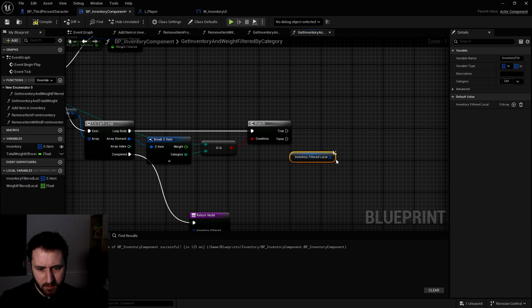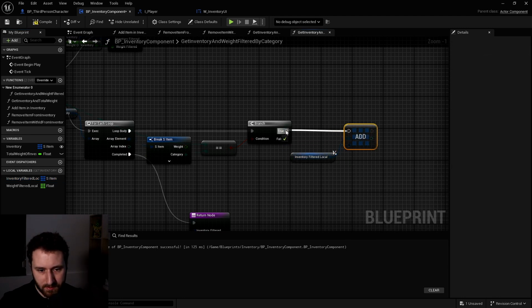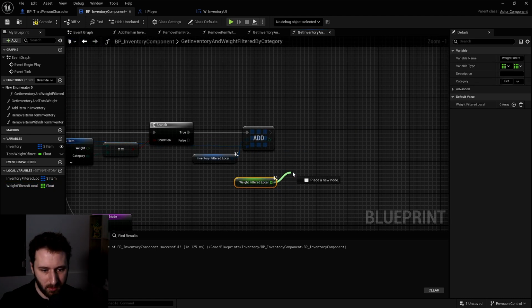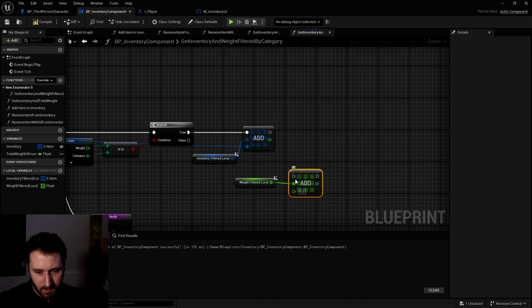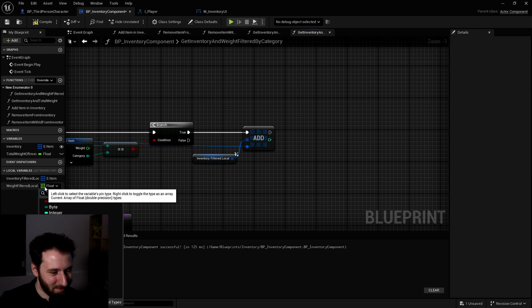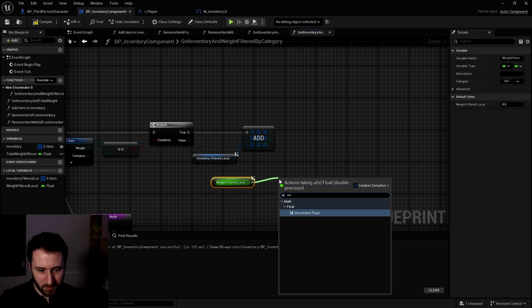So let's get our inventory filtered local. We will add, tac, the item when it is the same category. Hop. We also add on the weight filtered local. Can do an add. What? Why is it an array? Okay, I'm getting tired. So let's put this into a single. Weight filter local, we'll do a plus.